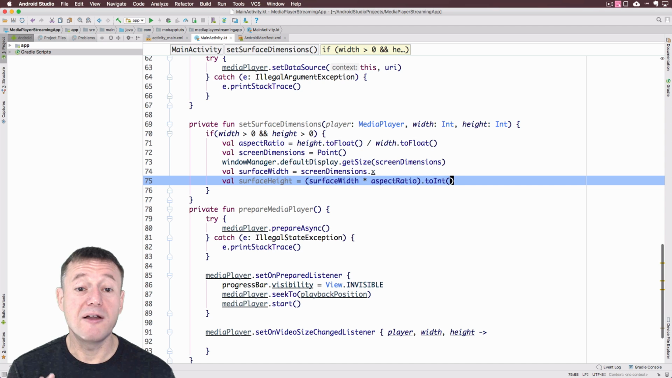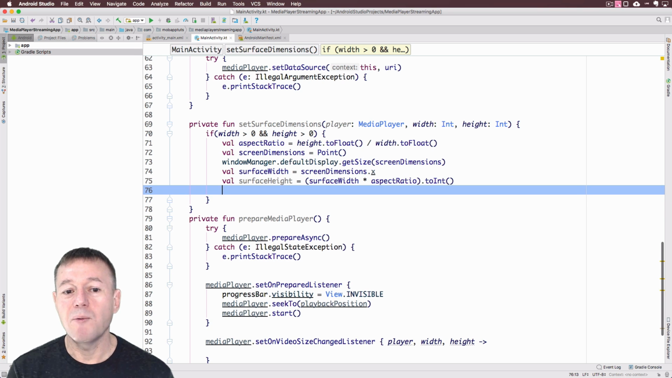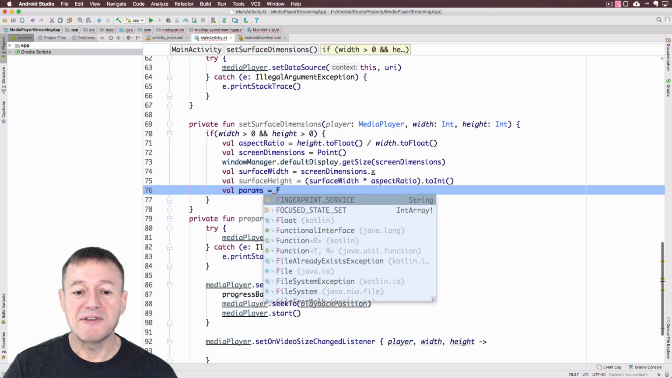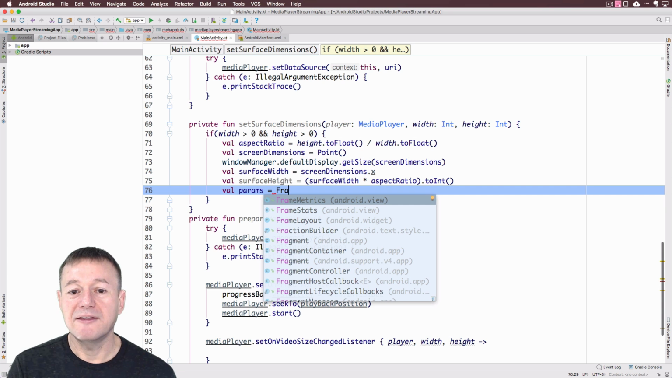Okay, so we've now got our desired surface width and the heights that we want to set to the surface view. So we'll set that to the surface view, but these need to be put into a layout parameter object. So I'll create a new value to represent the layout parameter, and I'll just call it params. And these live in a frame layout. If you look at the layout file,